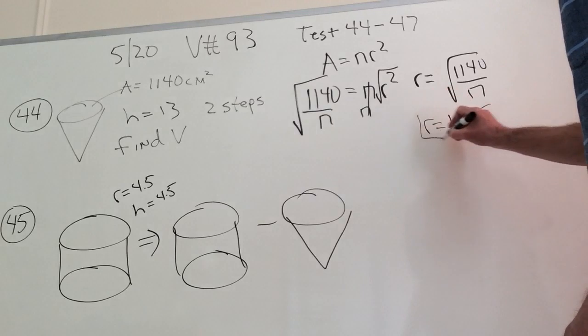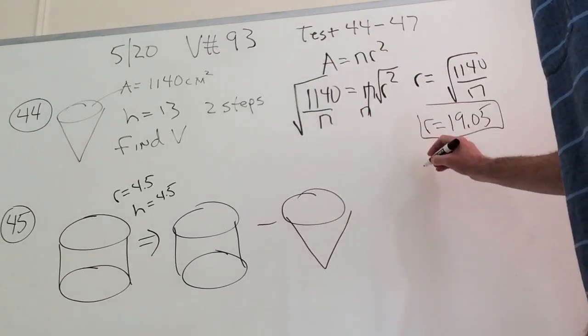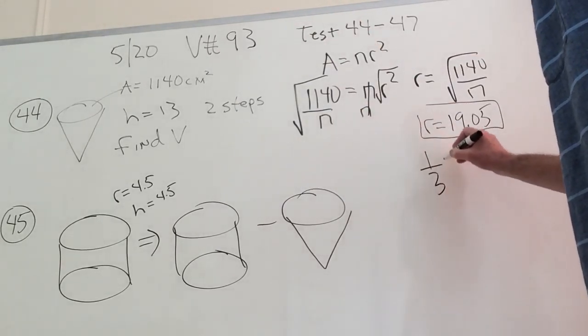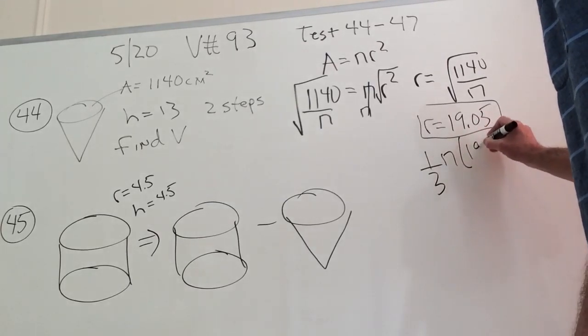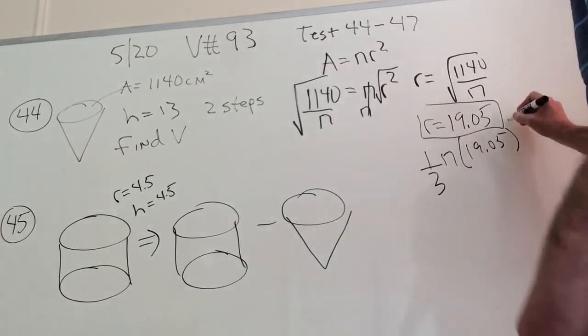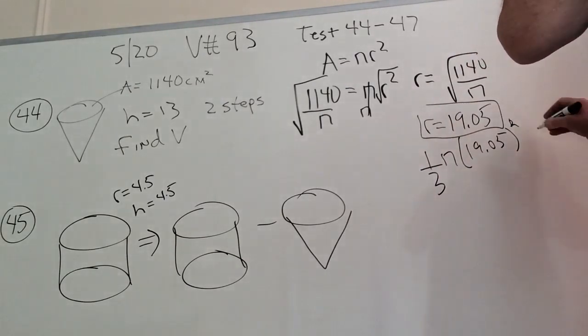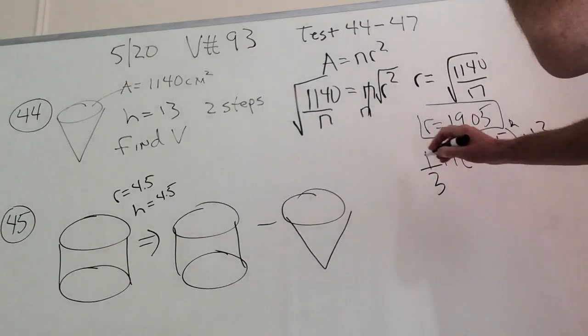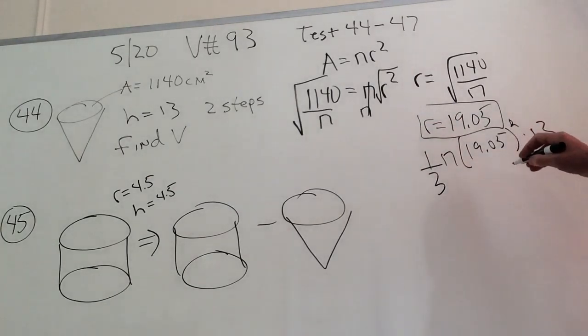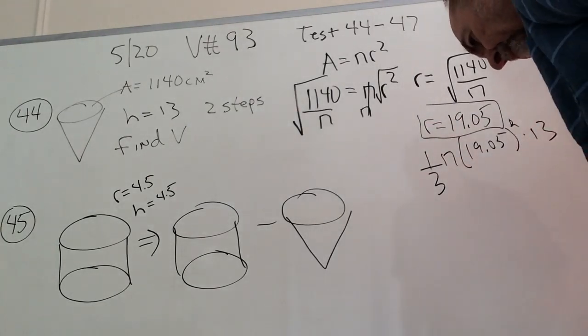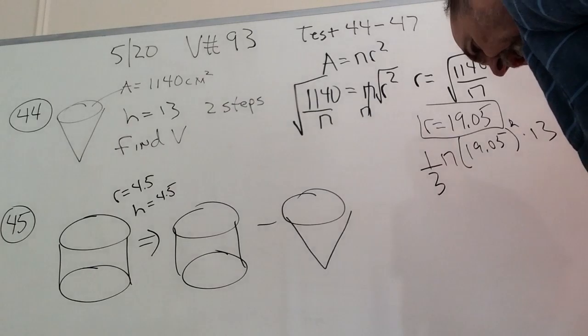And now that you have r, now you can calculate the volume. So the volume's 1/3 pi times 19.05 squared, times 13. And then you multiply right to left, and you divide by 3. And we turn out coming up with